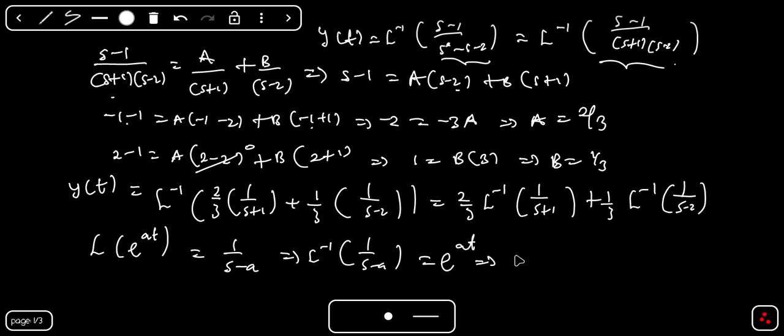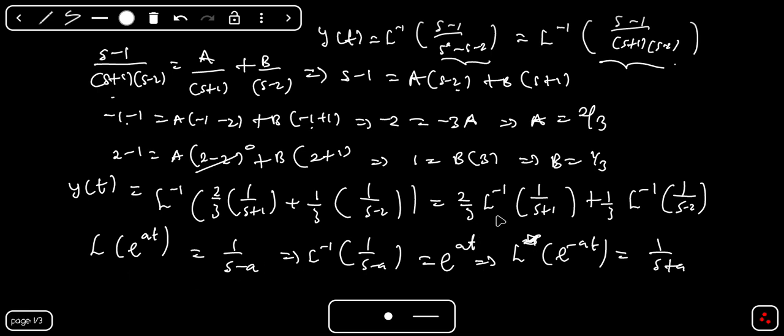And then also, we take the Laplace transform of e raised to the power of negative at. So this will be equal to 1 over s plus a. Vice versa, sorry, this is Laplace, not inverse. So vice versa, if you take the inverse Laplace of 1 over s plus a, you must get e raised to the power of negative at. Okay, so in this case,